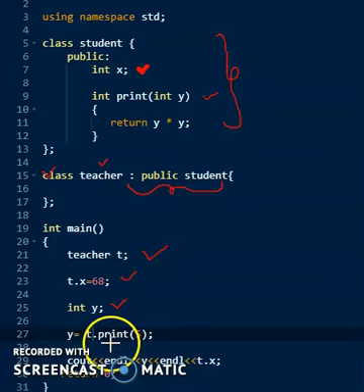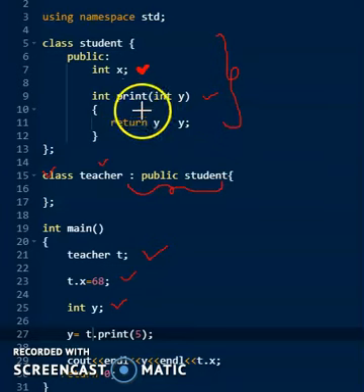That is, the compiler checks t is an object of type teacher class here, but in this class I don't have a print function. But I have inherited all the properties. That is, all the variables and functions declared inside student can also be accessed from this class here. So immediately I go and check the student class. Yes, the print function is available here.